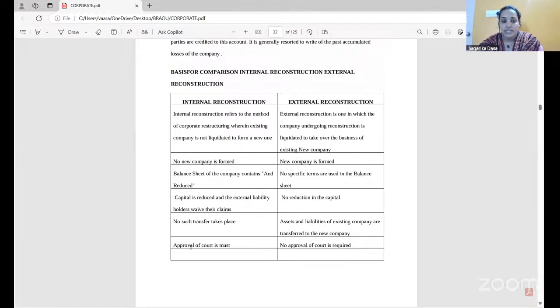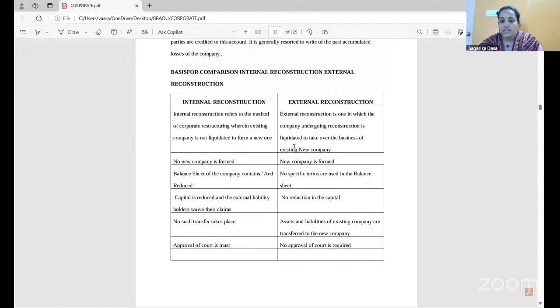Internal reconstruction, approval of the court is must. ఇంటర్నల్ రీకన్స్ట్రక్షన్ బోర్డ్ ఆఫ్ డైరెక్టర్స్ తోనో మేనేజింగ్ డైరెక్టర్స్ తోనో వాళ్ళు డిసైడ్ అయి చేయడానికి ఉండదు. ఇఫ్ ద కంపెనీ డిసైడ్స్ దట్ దే వాంట్ టు రెడ్యూస్ దేర్ క్యాపిటల్, దే వాంట్ టు ఆల్టర్ దేర్ క్యాపిటల్, దే హ్యావ్ టు గో విత్ court order. They need to get permission from the court, then only they can go with the internal